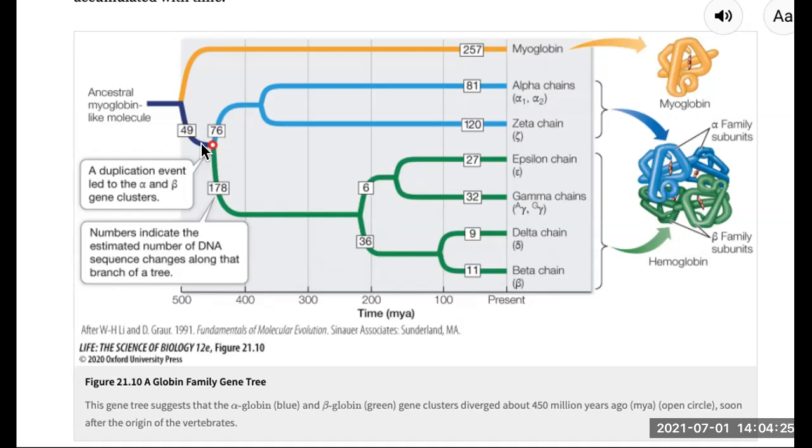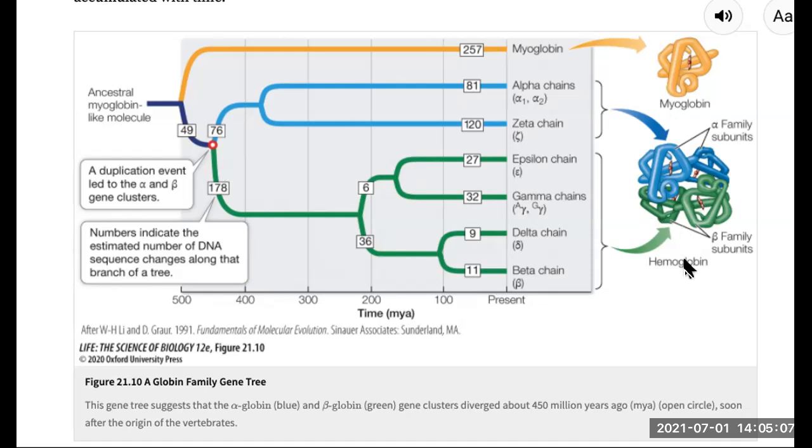And so this was one duplication event here. And perhaps we had more duplication events that caused these other variations of the proteins. But we know that these all have a common ancestor. They're all fairly similar in gene sequence and nucleotide sequence, and in their shape and their function. And this is what we think allows similar proteins to hone in, to zero in on their specific function. And so again, we said that myoglobin and